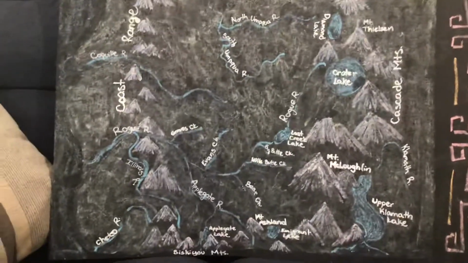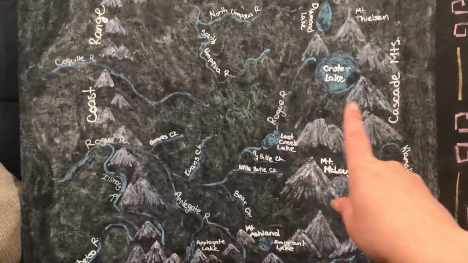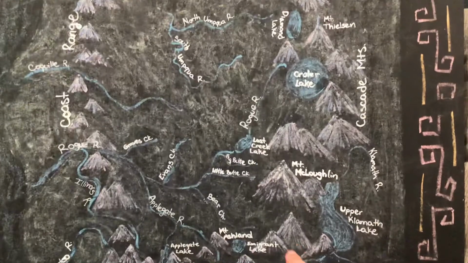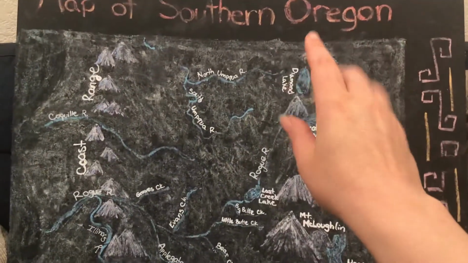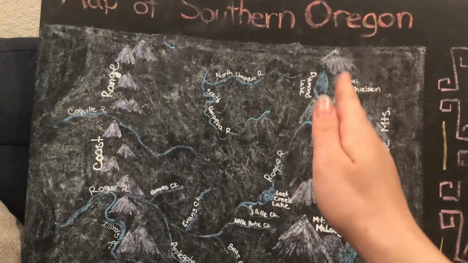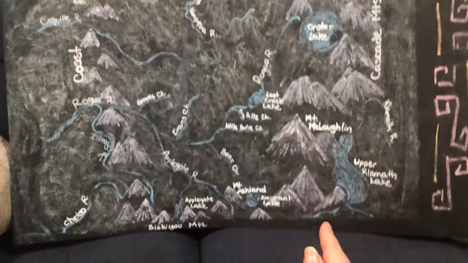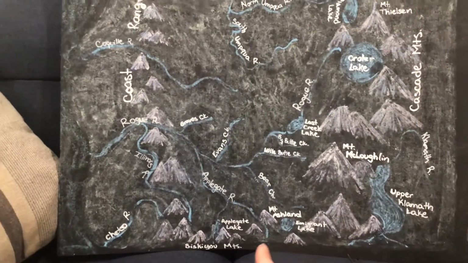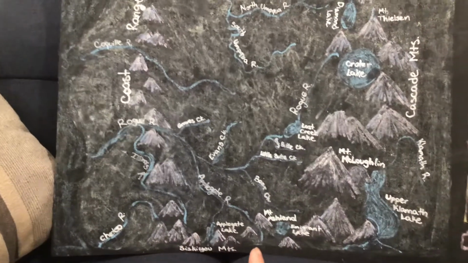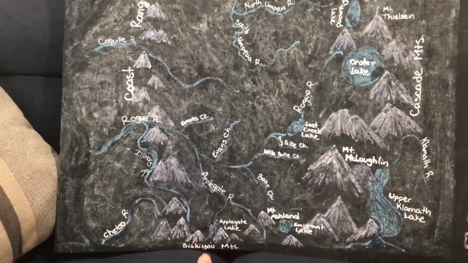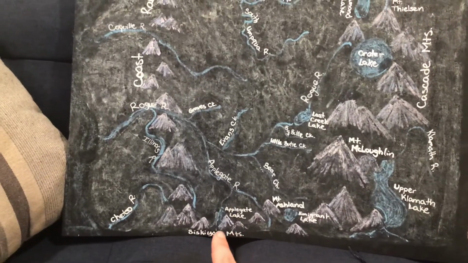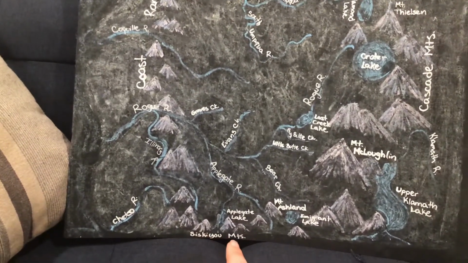We have the biggest one over here on the east side of the valley. We have the Cascade Mountains. And of course, these go all the way into Canada, and they come all the way straight down through Oregon and into California. And then down here on our southern border, the Cascade Mountains meet up with the Siskiyou Mountains, right here. And that's where we get a lot of names for our region.